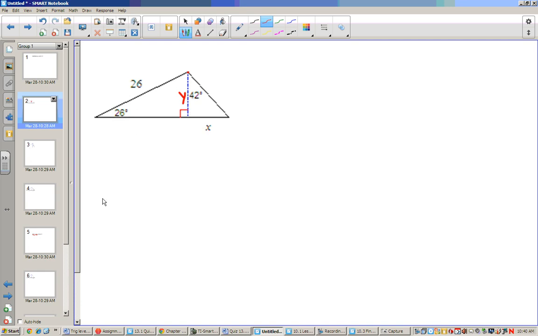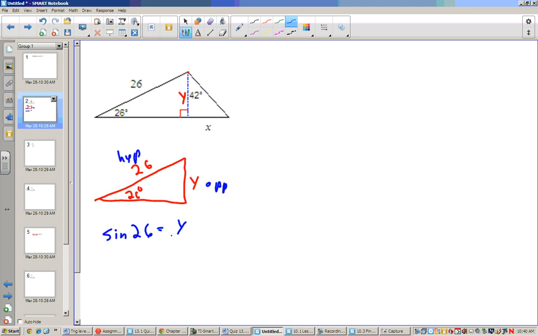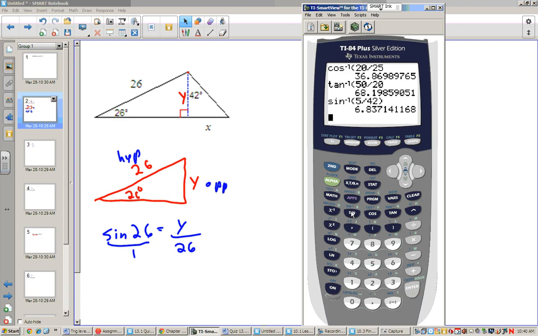First, I want to draw this right triangle out again without the other pesky part of the triangle in there. So 26, this is the length of this side, and the angle is 26 degrees. Now here is y. Since this is opposite and this is hypotenuse, we can find the value for y using sine. The sine of 26 degrees is going to equal our opposite, which is y, over our hypotenuse, which is 26. Now, we would do the sine of 26 in our calculator to get